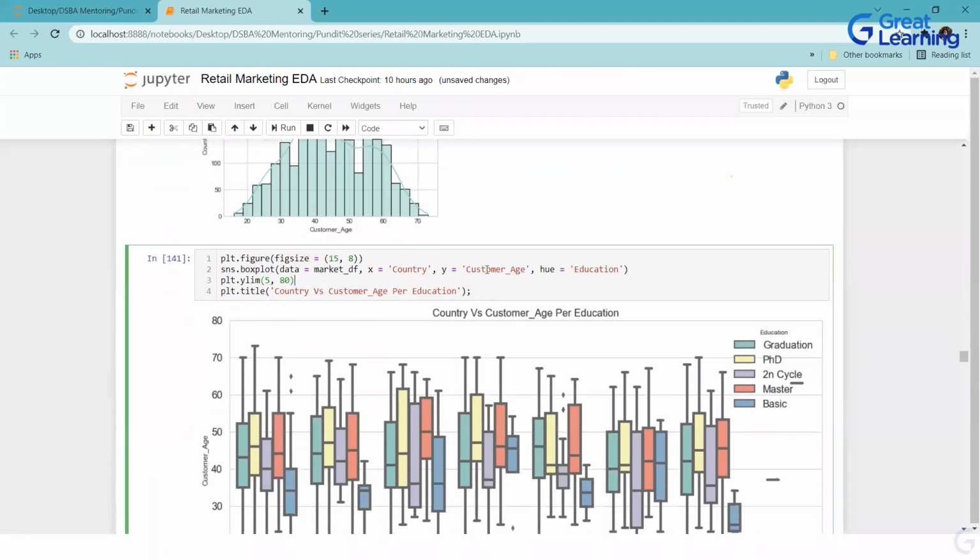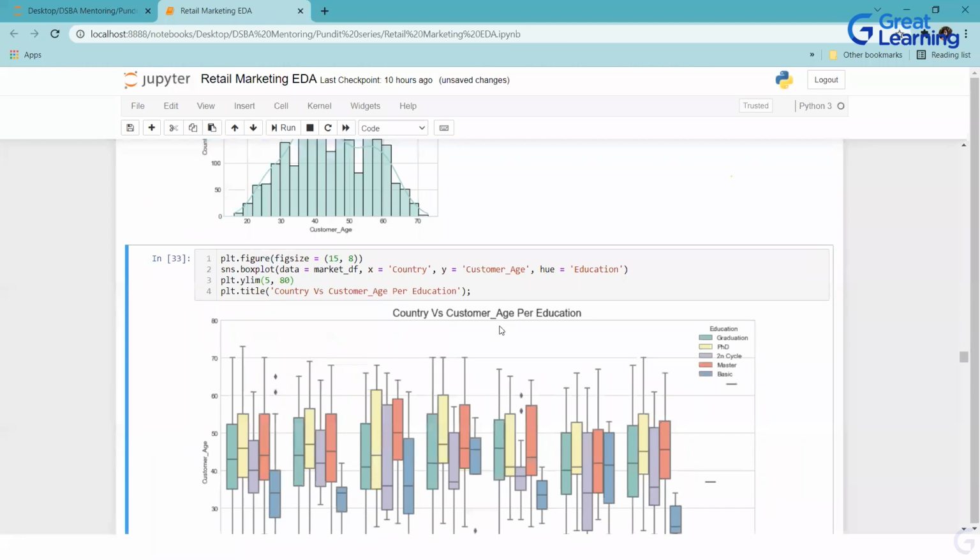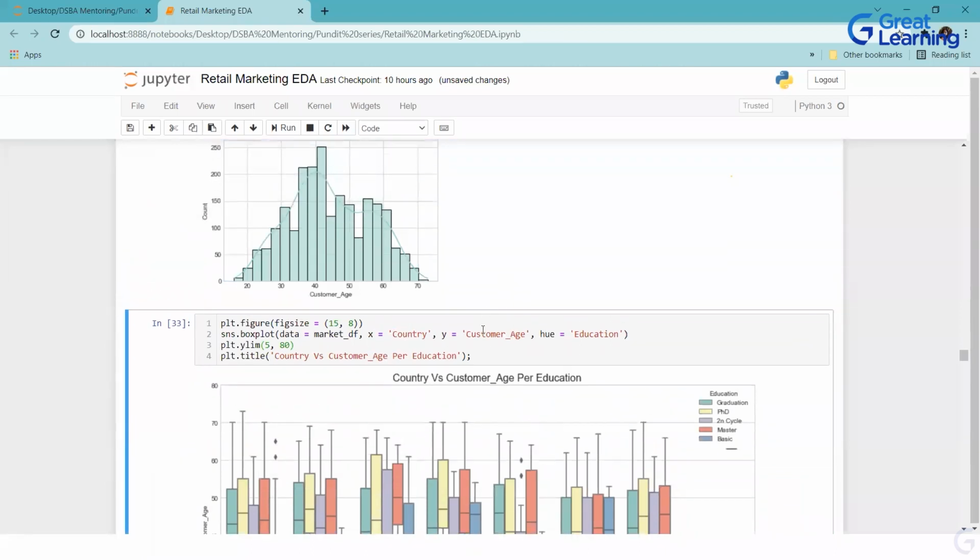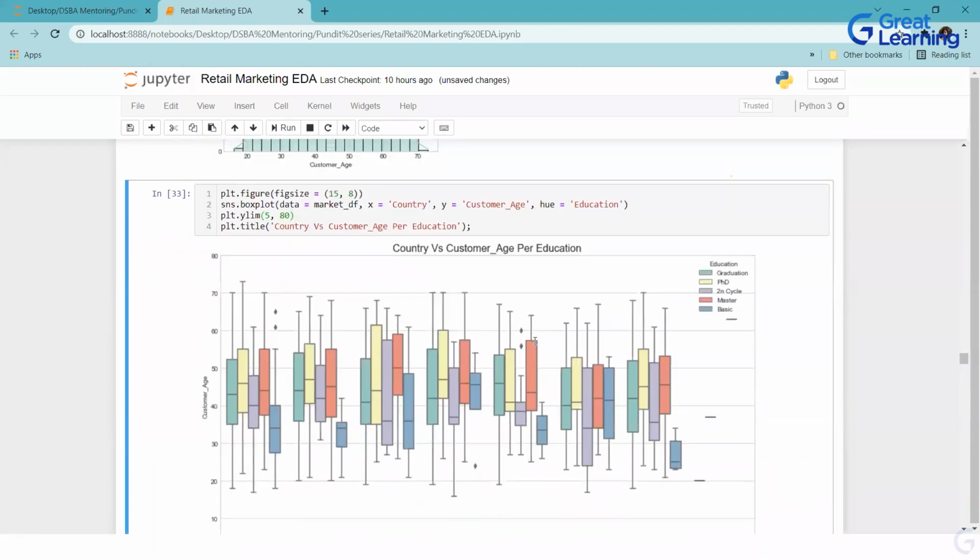Okay, the same plot, but I have removed the income over here. I am plotting customer age. So what you can see, second cycle is this purple one, right? People are generally in the age range of 35. There are even some in their 20s, I can say, right? First cycle is bachelor, second cycle is master, third cycle is doctorate. That is the understanding.